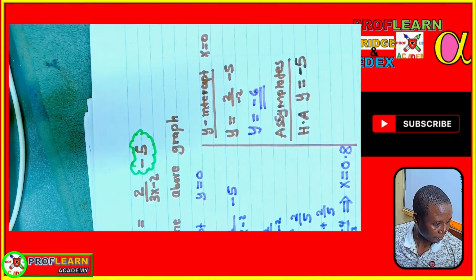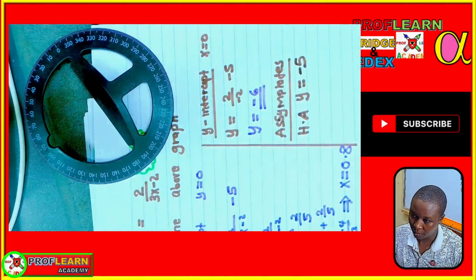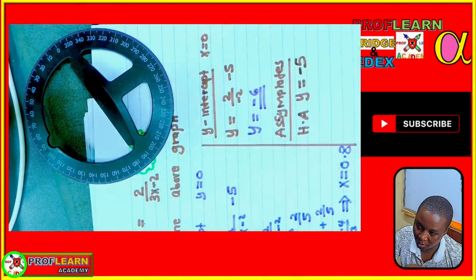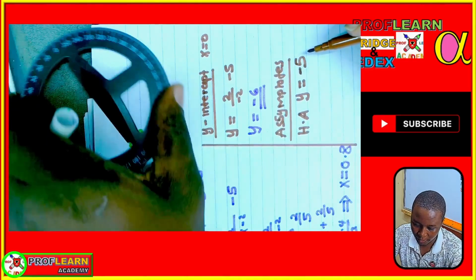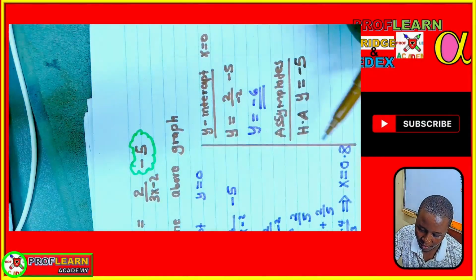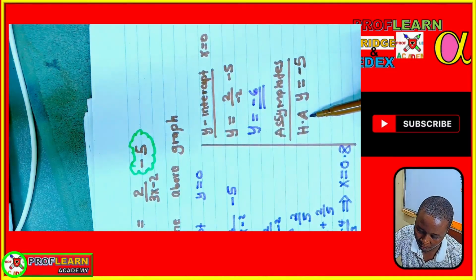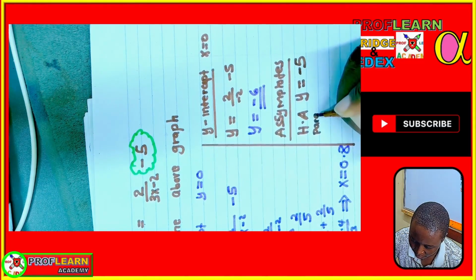So in the event you are having a question in such a way that this part was not there, and you are having only y is equals to 2 over 3x minus 2, it will mean that the horizontal asymptote will have been y is equals to 0. But since you are having minus 5, you will say y is equals to minus 5. If you are having plus 5, you will say the horizontal asymptote is y equals to negative 5. And this is the asymptote which is parallel